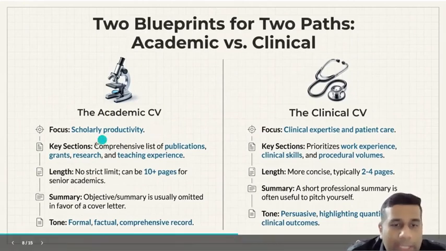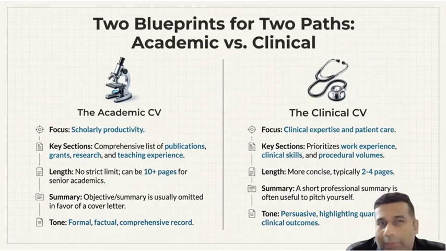Okay, and regarding the size of the academic CV, previously I mentioned the CV should be restricted to 2 to 3 pages, but in an academic CV you can add volumes of your work, including the publications, not the entire details of the publication or the abstract, but all the details of the extra things that you have done in the teaching or academic part. Whereas in the clinical one, it's always better to go for the traditional length of 2 to 4 pages. Okay, and there should be